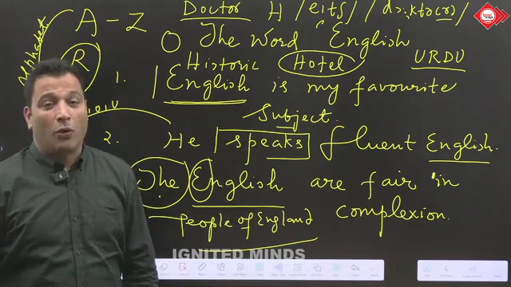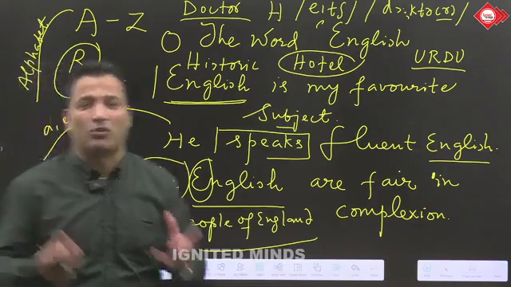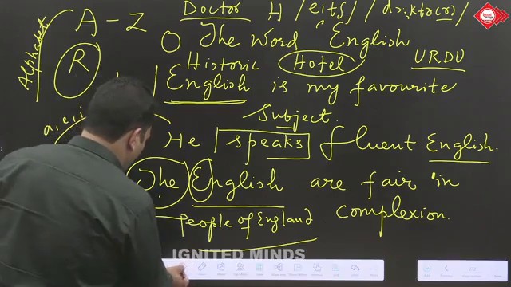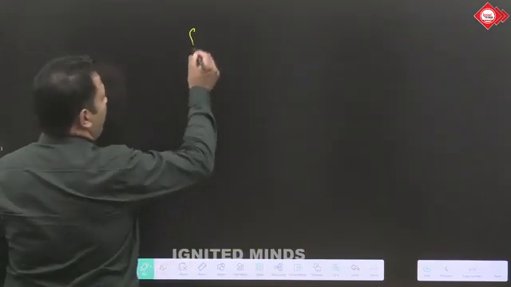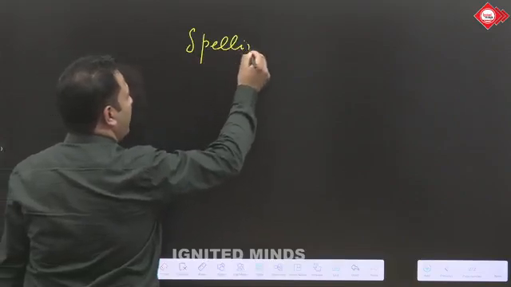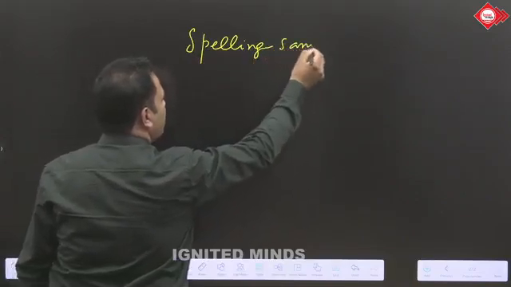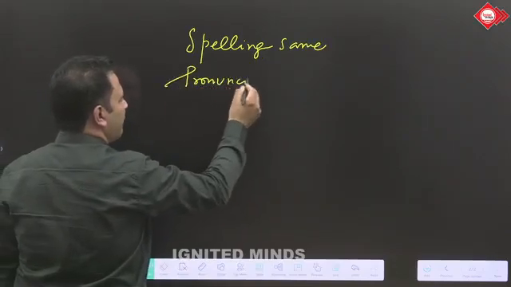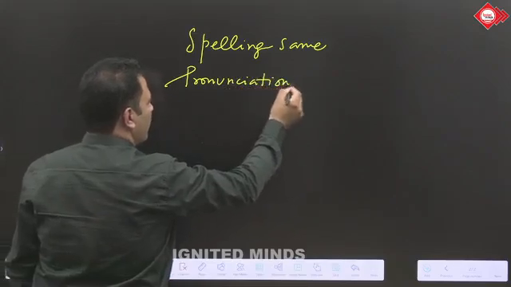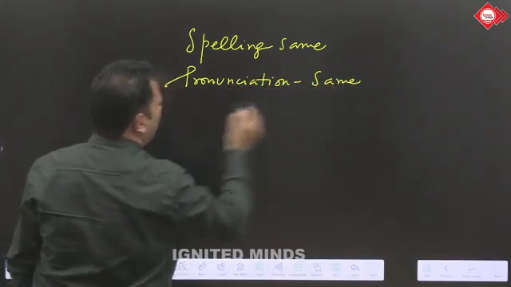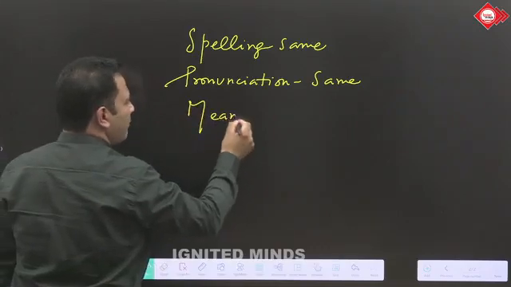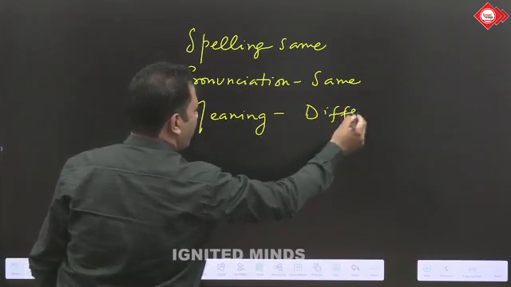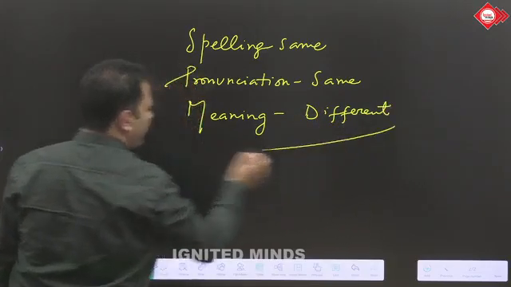So how is this English word to be treated now? Remember, when you have got this concept where you have got the spelling same of a word, and then you have got the pronunciation also same. Spelling be same word की, pronunciation be same word की, लेकिन the meaning is different. The meaning is different in context. Meaning is different, my dear friends. We call such words in English.